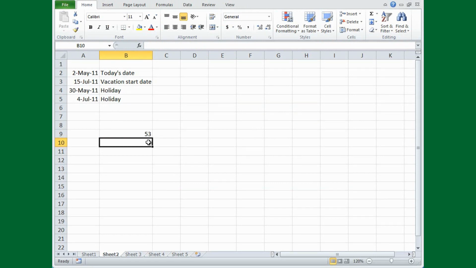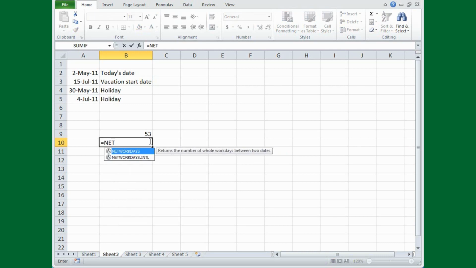I'll type my equal sign and then start to type networkdays.intl. Formula autocomplete lists the function, so I'll double-click the name of the list to let Formula autocomplete enter the function name for me. The arguments for the function are in this screen tip. Notice that both weekend and holidays are in brackets, which means that the arguments are optional. For example, if you mean to take no weekends off during this period, you don't have to enter the weekends